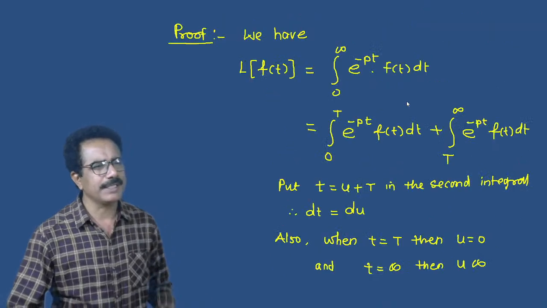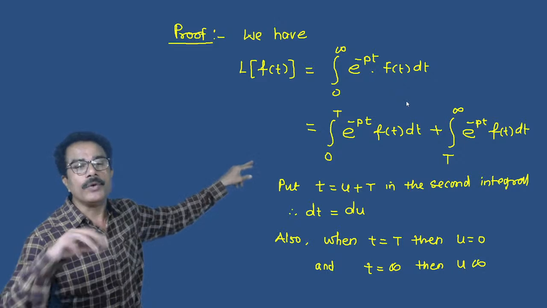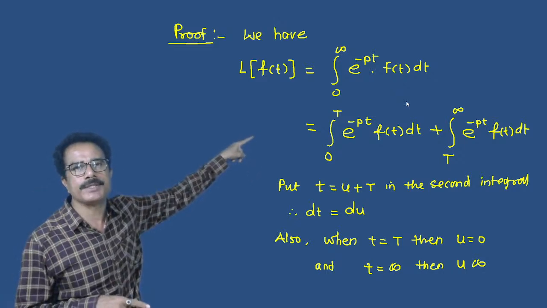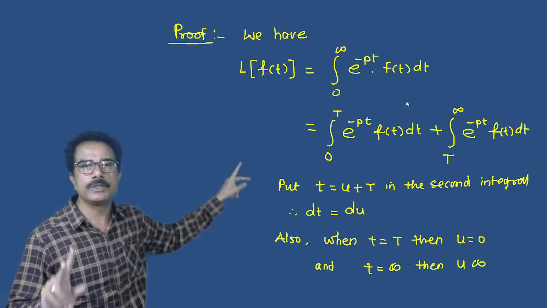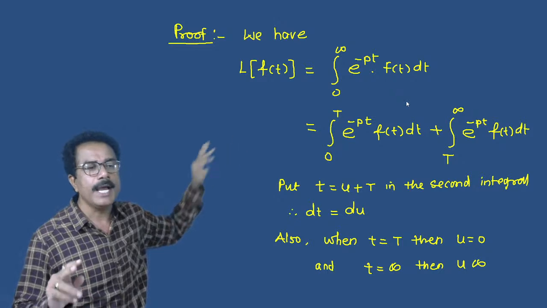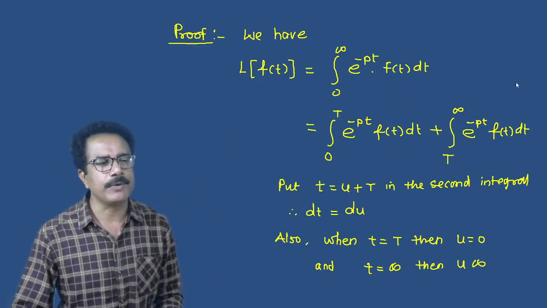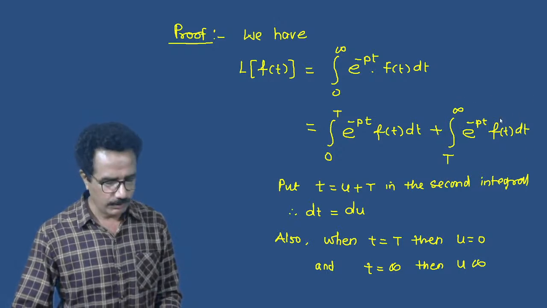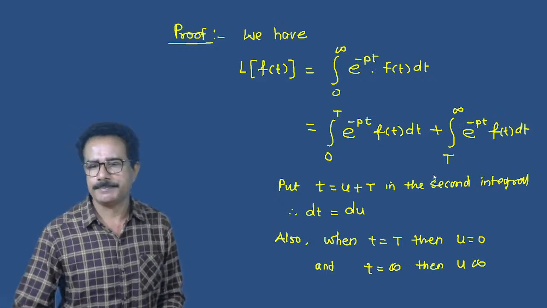This is a very important theorem. The main idea of this theorem is that we have to distribute the integral of the Laplace transformation from 0 to infinity into two parts, 0 to T and T to infinity. This is the main condition, and we have to change this second integral. Now next,